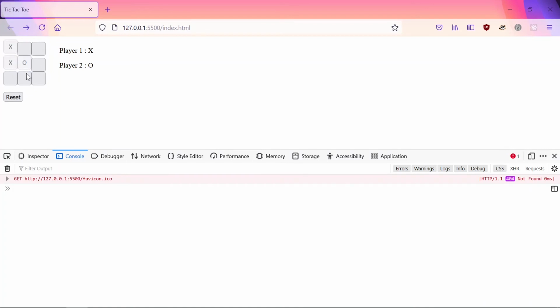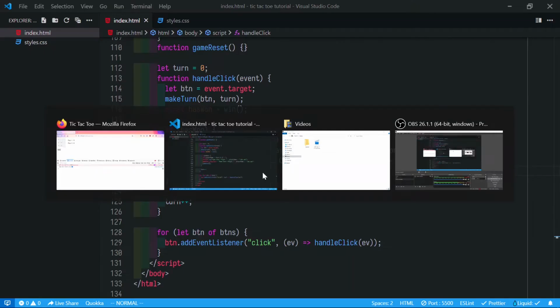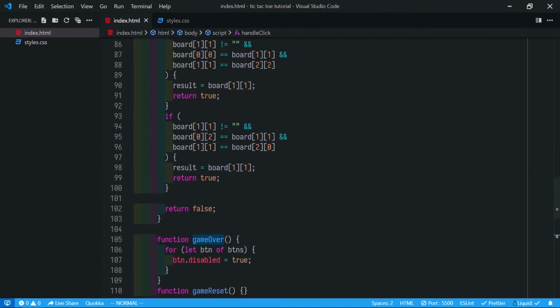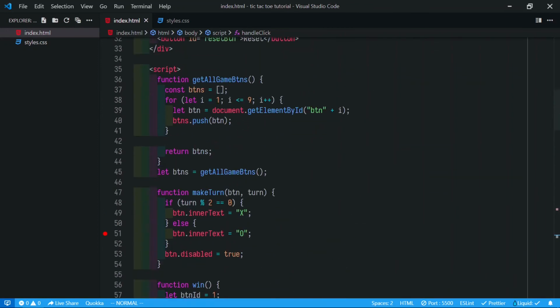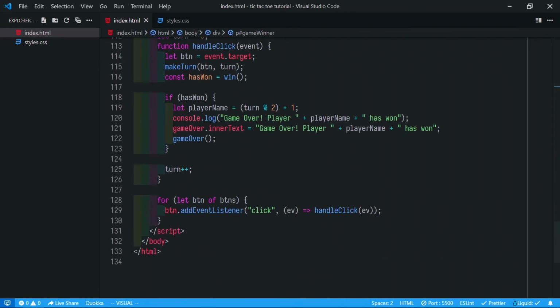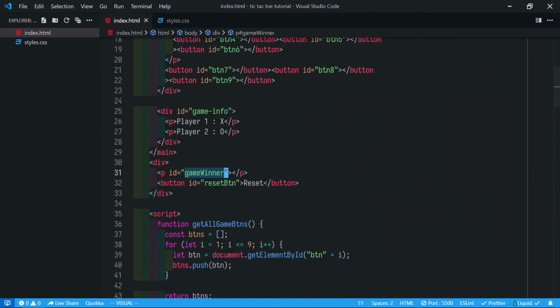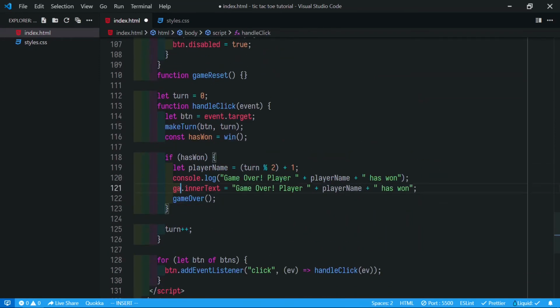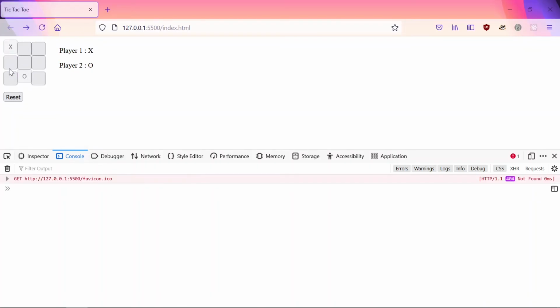So after game over, we should see, no, game over is not the game winner. Okay, it's the game winner. Game winner dot inner text says this, game over, player 1 has won.